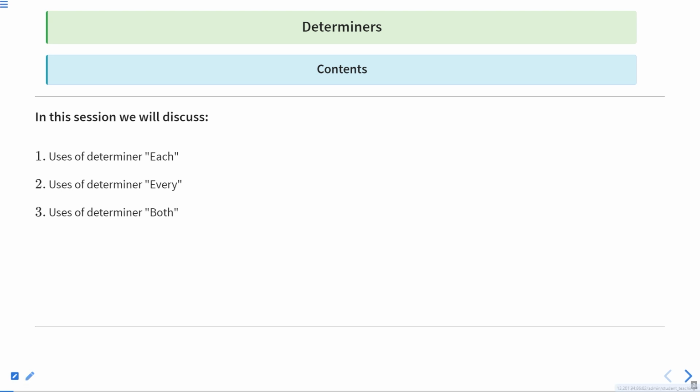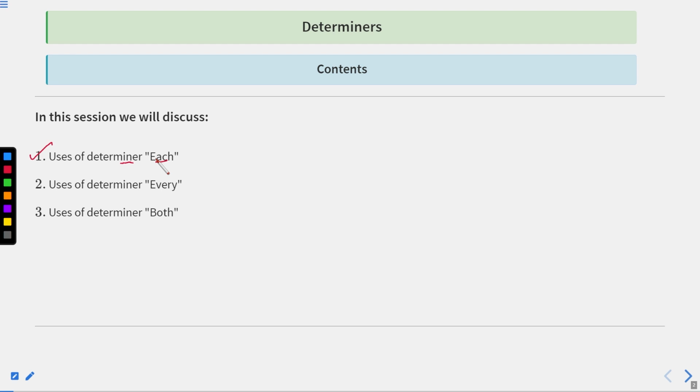So here we have the contents of today's session. So in this session, we will discuss uses of determiner each. Now you must have heard this word each many times in your life. In fact, you must have used this word many times. So here we are going to elaborate each. We are going to discuss each and everything about the word each. Okay, how to use it, what are the rules related to each and everything we are going to discuss about